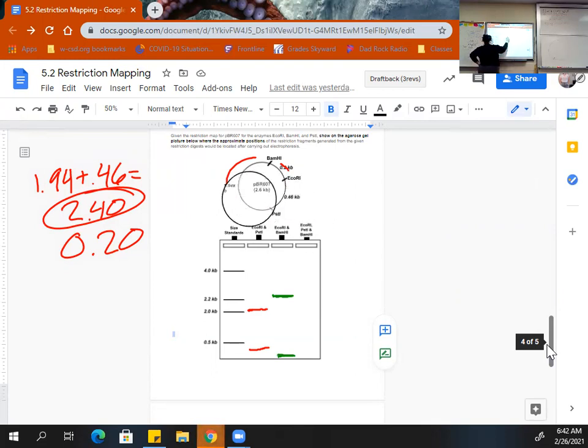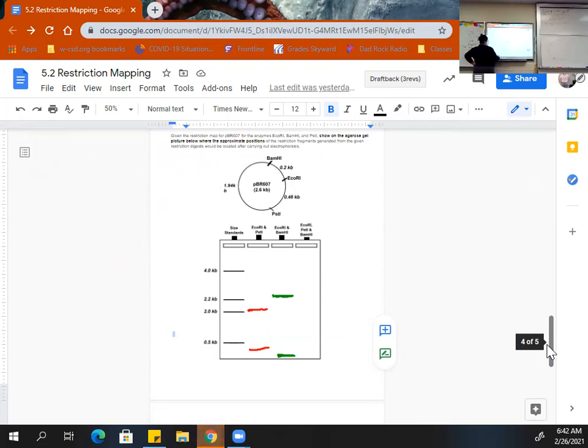Then lastly, we are looking at a triple digest. So we have all of our enzymes in there, so we are not going to erase any of the cuts. We have a 1.94 fragment, a 0.2 fragment, and a 0.46 fragment. So 1.94 is going to be about here. 0.46 is going to line up with our red one, and 0.2 is going to line up with our green one. So that is how you would draw a gel based on our